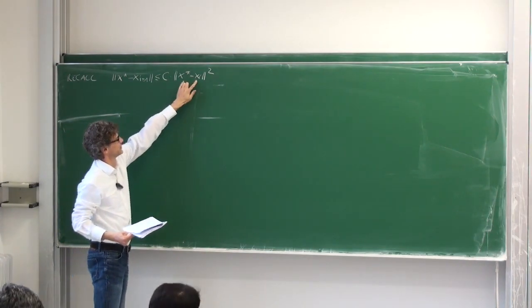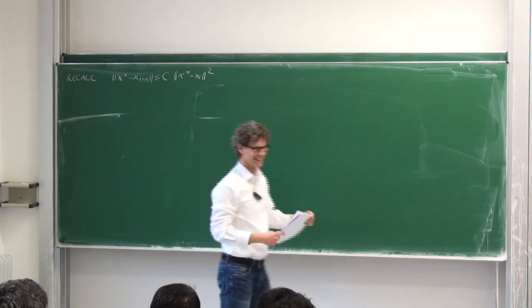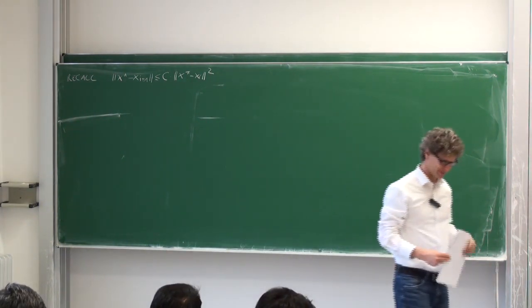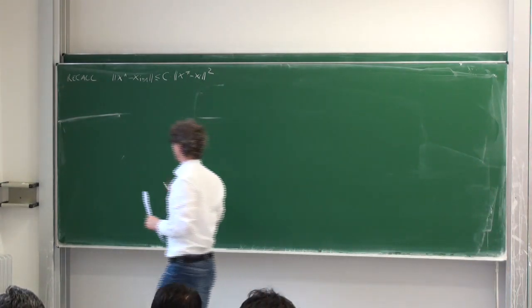The main point is when this is small, then this is much smaller and getting quadratically smaller, so you get actually extremely fast convergence once you are close to the solution. So that was Q quadratical convergence,